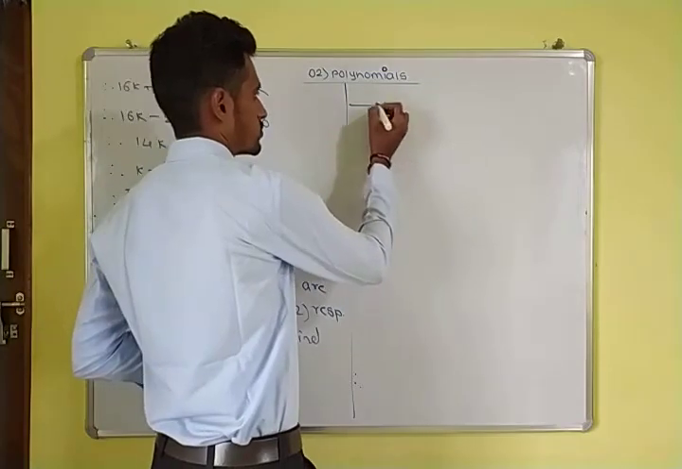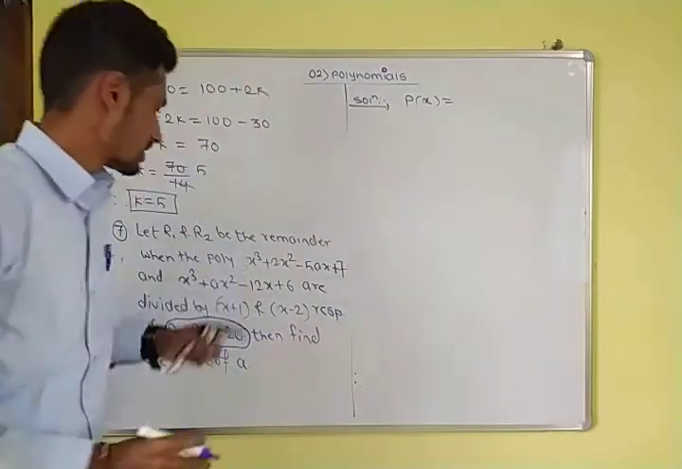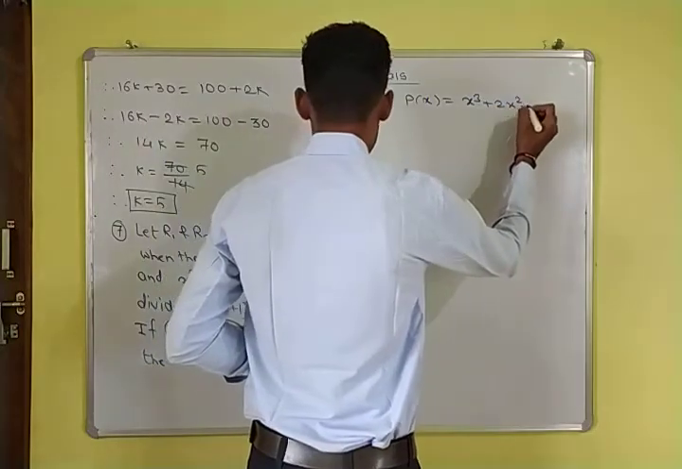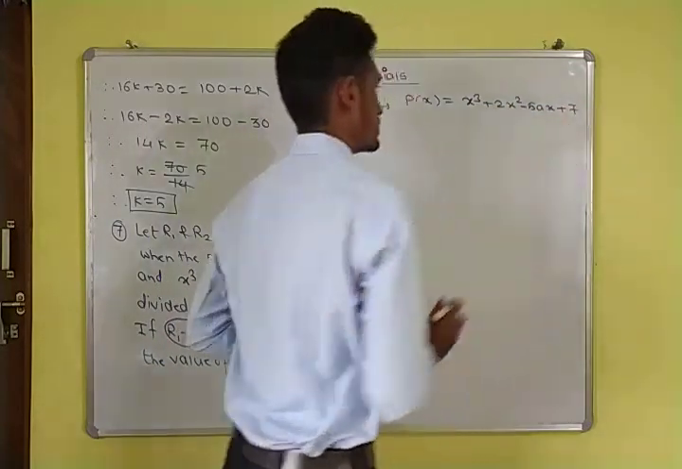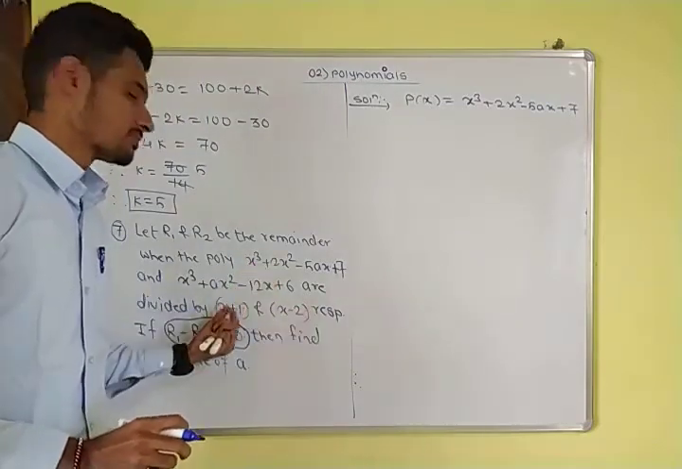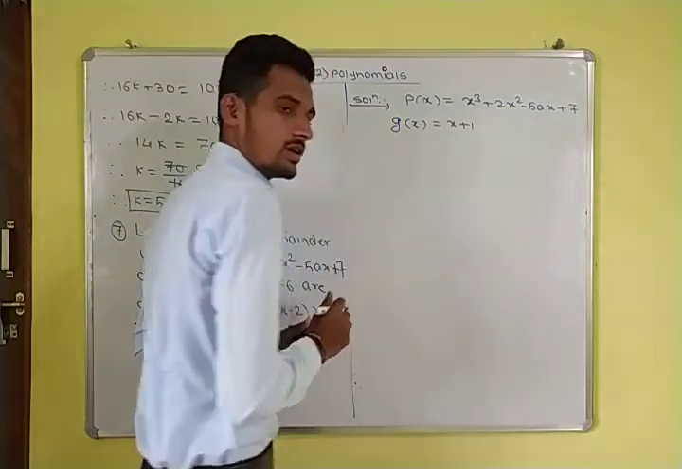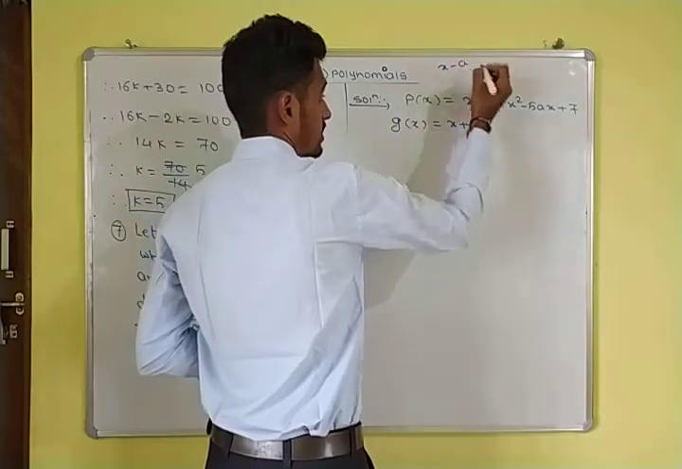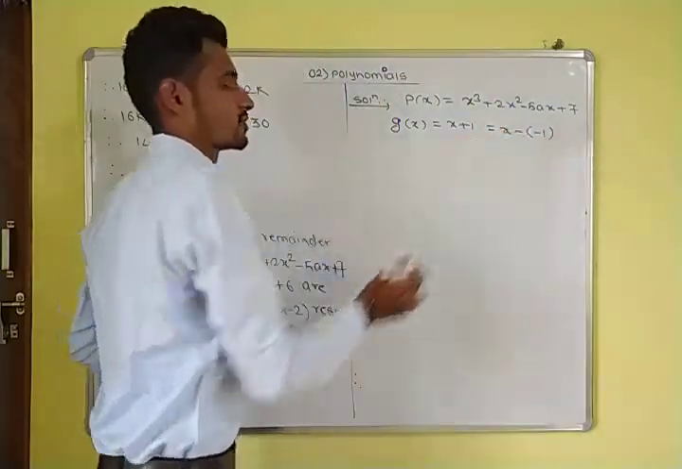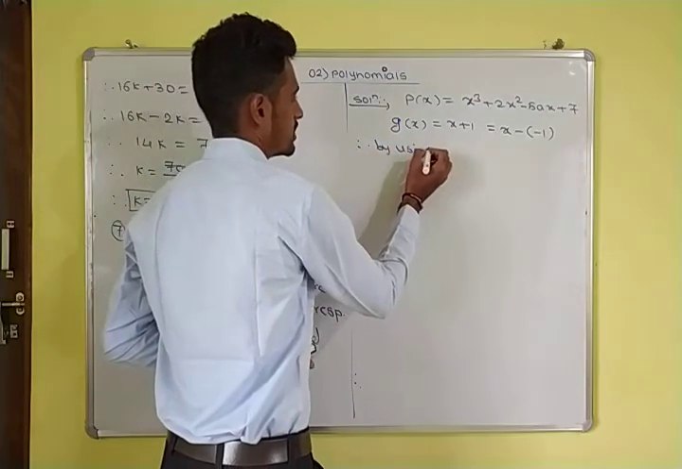So write down first, solution of question number 7. Let p of x be the first polynomial, x cube plus 2x square minus 5x plus 7. This is the first polynomial, and the divisor has to be written in the form x minus a. So divisor g of x is x plus 1, which can be written as x minus of minus 1. Therefore, by using the remainder theorem,